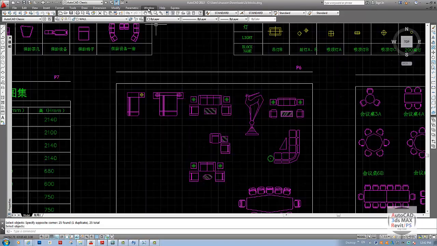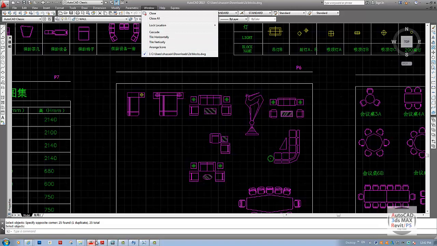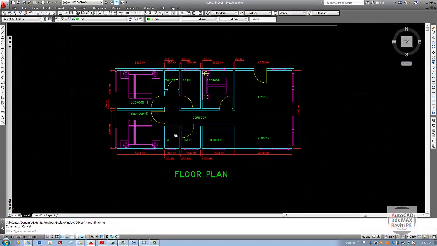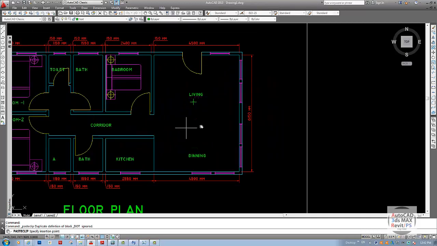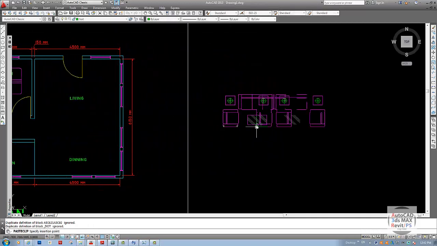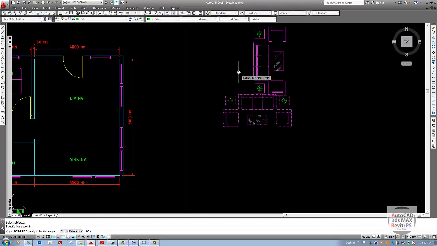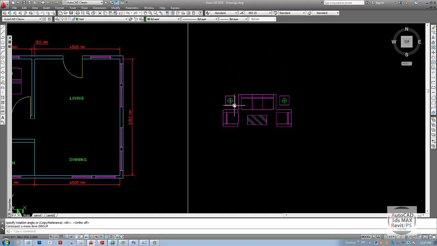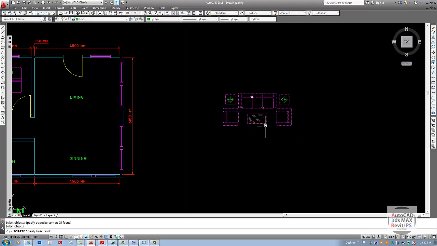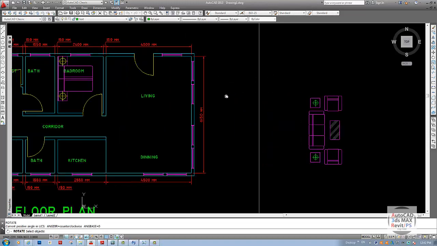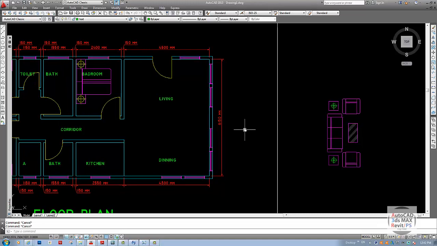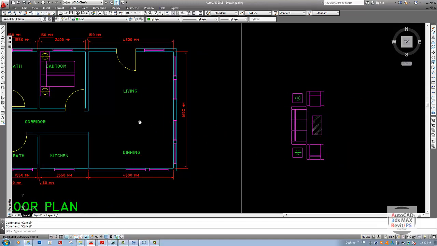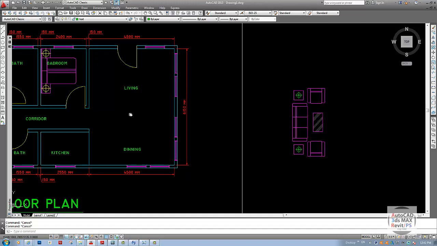I'll just copy it, and going to the drawing where you want to put these blocks, I'm just going to say paste. I'll make some adjustment before I put it into the main living room. I'll just put it in this way, and then